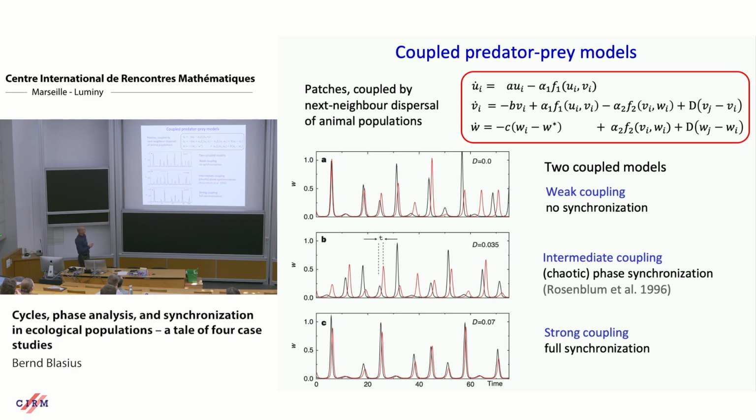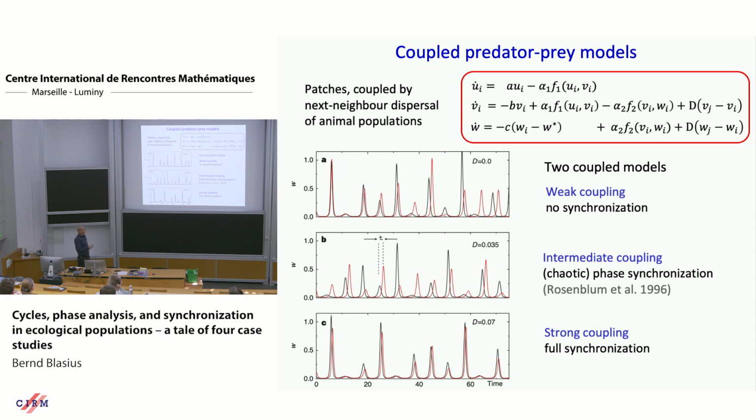And then the interesting thing is that you couple them, and if coupling strength is 0, they're totally independent. Even if you start in the same initial condition, because the parameters differ a little bit, after some time the cycles of these populations go out of phase. And if coupling strength is large enough, then both systems do exactly the same, and they're correlated in phase and